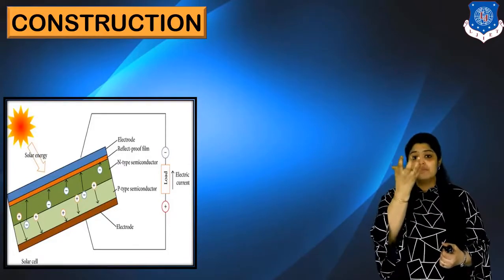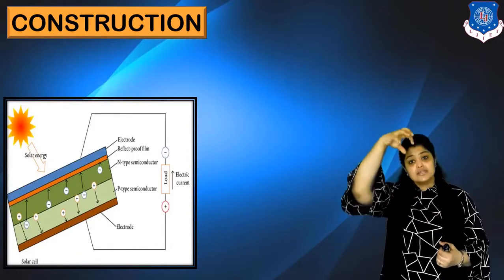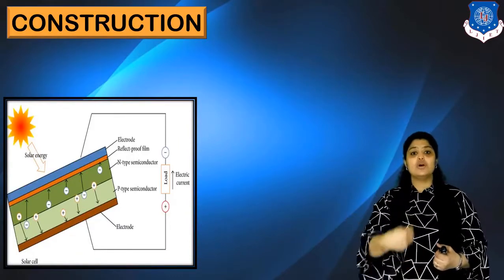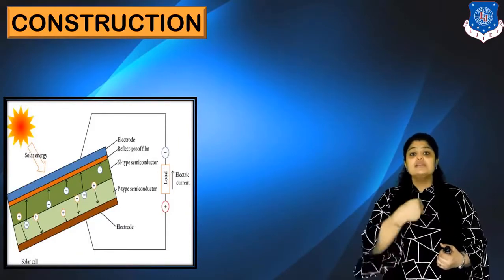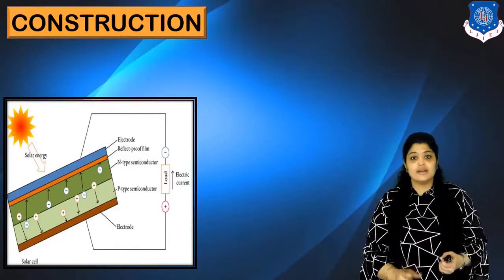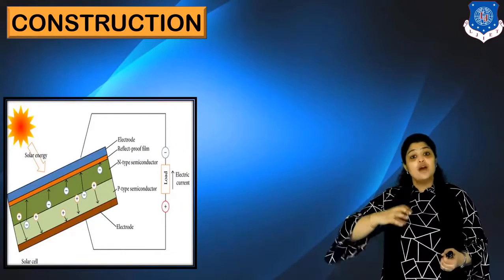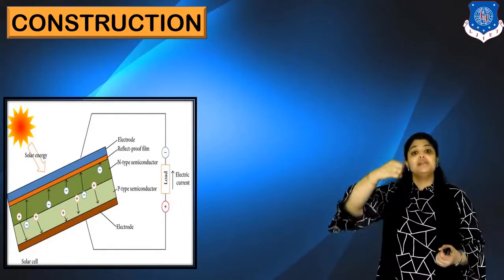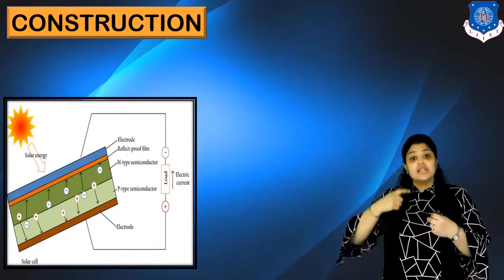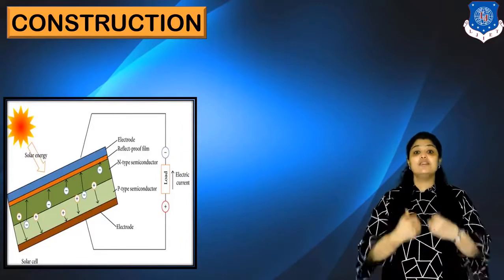What happens by absorbing the light or energy from the sun? These photons, when they are incident on the depletion layer, what will this energy do? This energy will energize the electrons in the depletion layer, and these electrons will move out from the depletion layer. Now the electrons which are jumping from the depletion layer, where will they go? They will recombine with the hole but through another circuit. Why not directly?